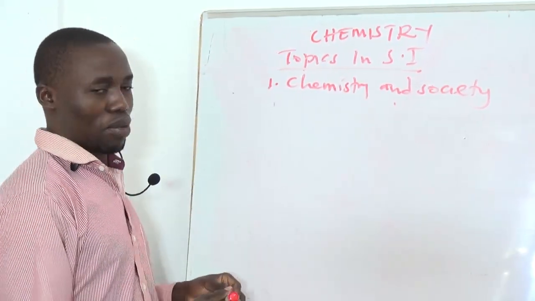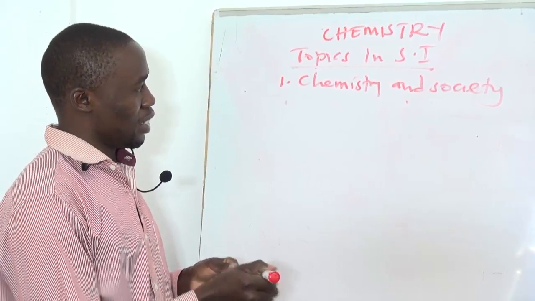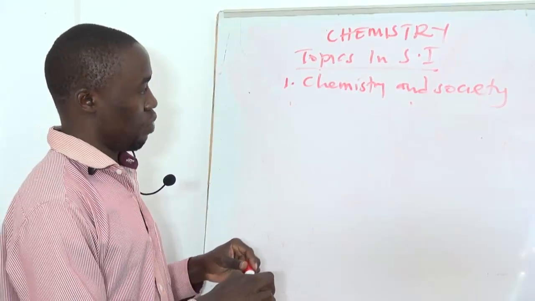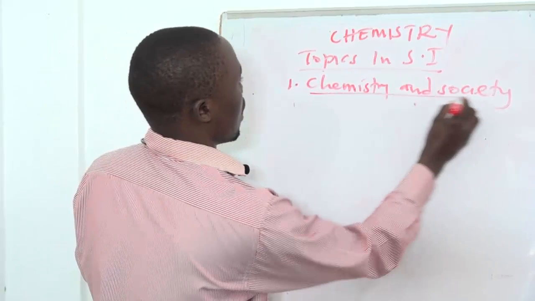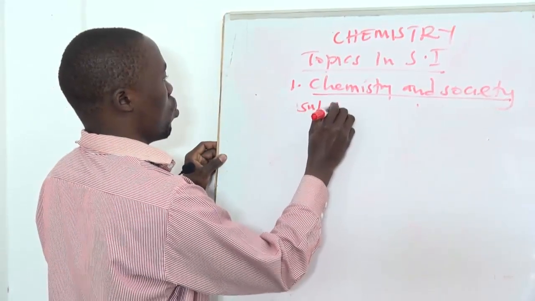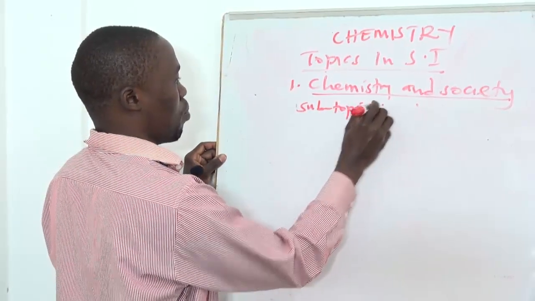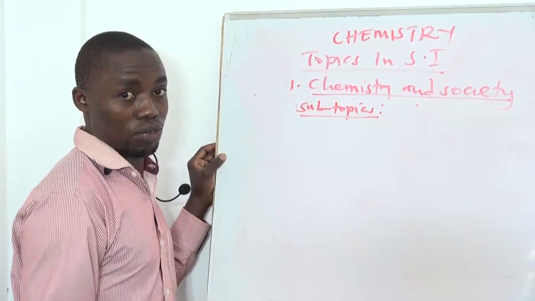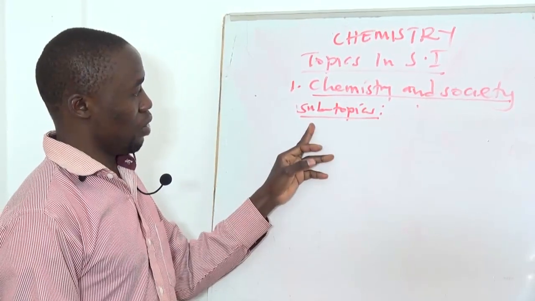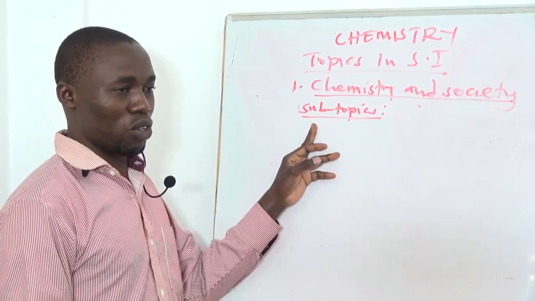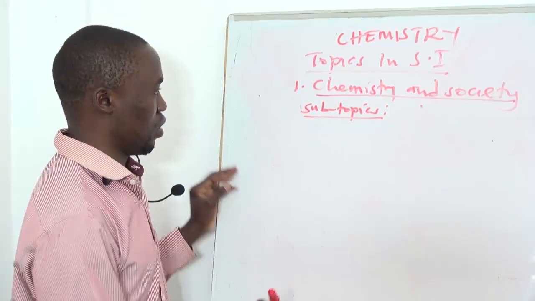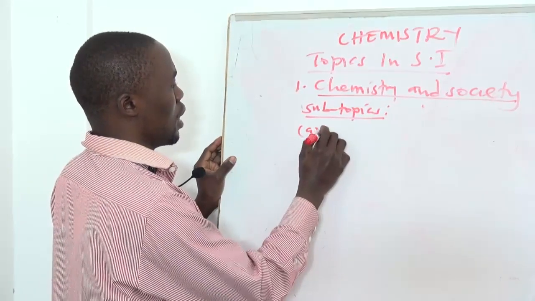In this section of chemistry and society, there are some few subtopics that we can first look at. We shall call them subtopics. They will give us even the objectives of the lesson. We shall be looking at what we should know by the end of this lesson. The first subtopic is nature